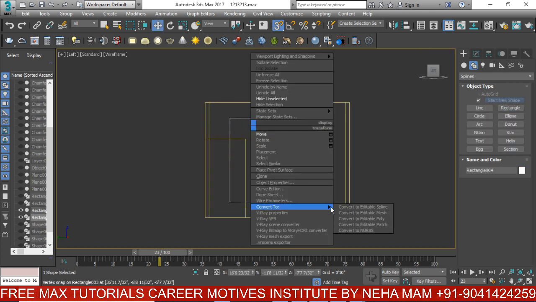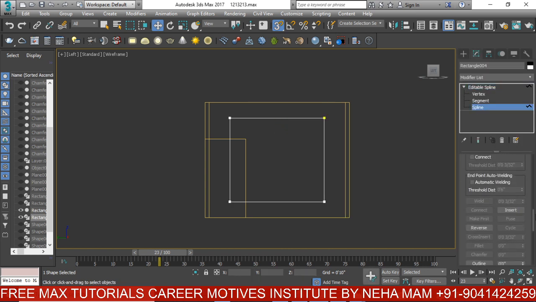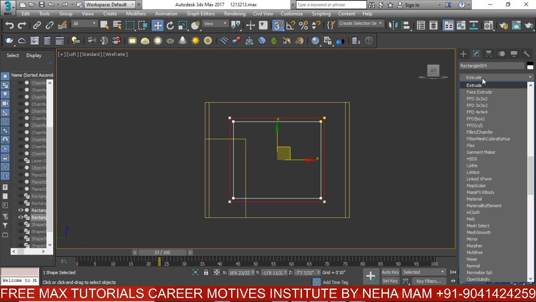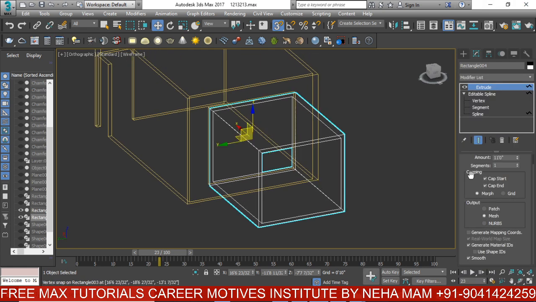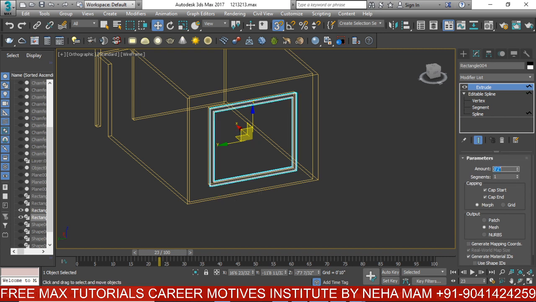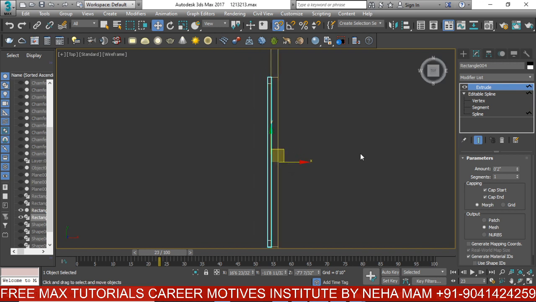Right click, convert to editable spline, spline, outline, and outline I'm going to change it to 4 inches. Okay, and amount will be 2 inches. So my frame is created,